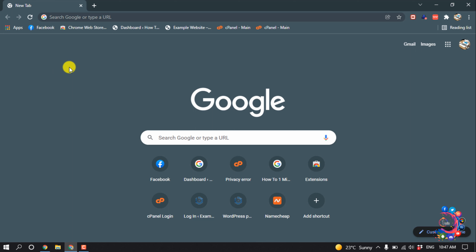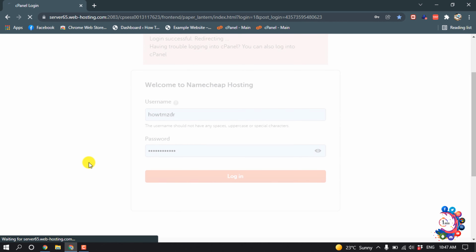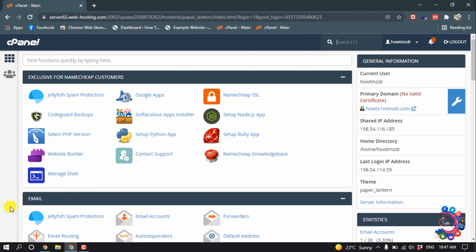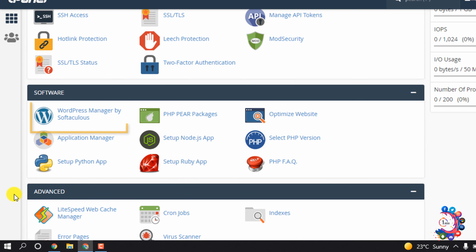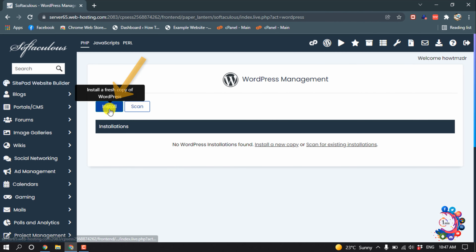So I have purchased my hosting and domain. Now I'm opening my cPanel. And here you have to put your username and password to log in into your cPanel. So we are going to make our website with WordPress. So we need to install WordPress on our cPanel. So for that, click on WordPress Manager by Softaculous. And then click on install,